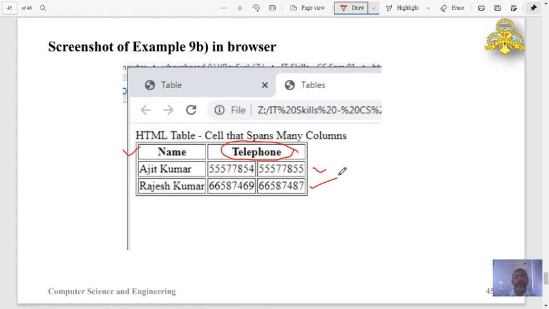That is row containing 3 cells, whereas this is row containing only 2 cells. We can make any cell span multiple columns provided number of columns spanned does not cross the maximum number of columns in a table. So this is for spanning into multiple columns.